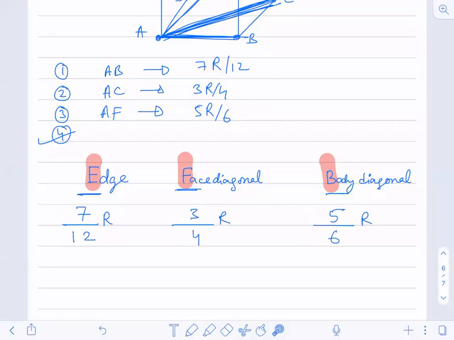The formula is in front of you. The value is in front of you. Understood? If R value is given as 1, you substitute 1. If R value is given as 2, you substitute 2. If R value is 3, you substitute 3. Okay. Just remember that when R value is different. Suppose at one point it's R, at one point it's R by 2, at one point it's 3R.